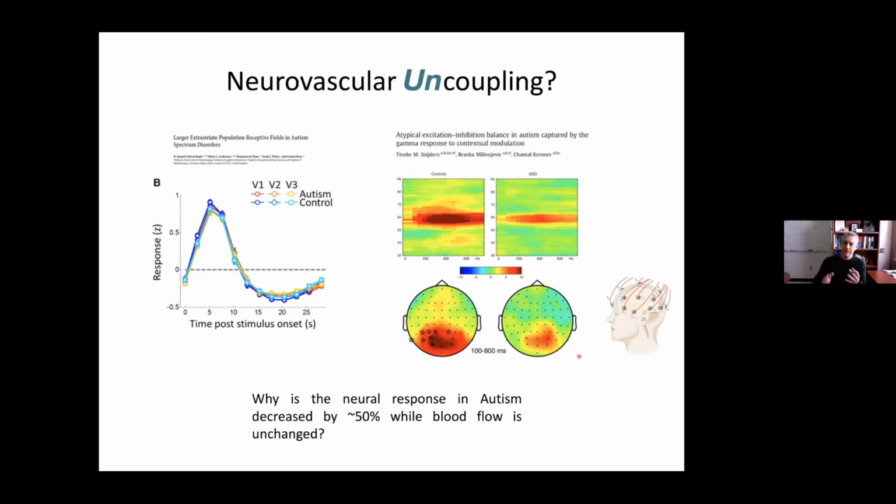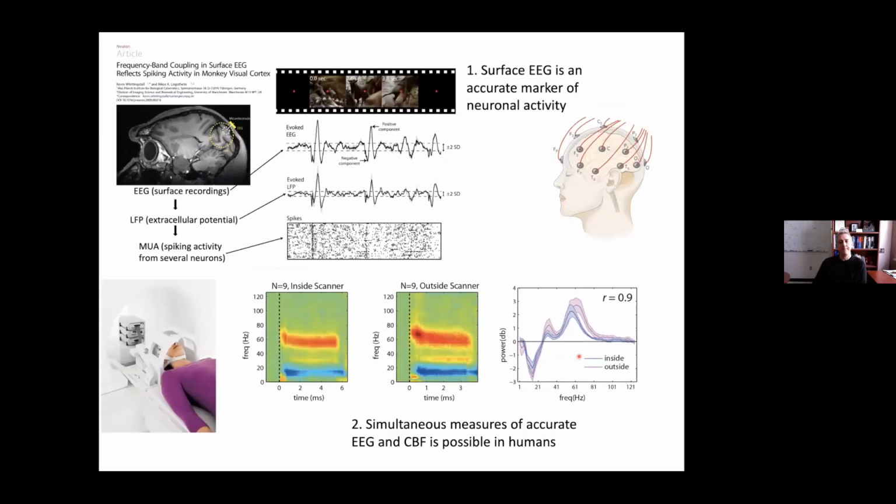And so why is that? Why is it that in EEG, you see a massive difference between the two, but in fMRI, you don't? And what's causing this difference? Which one is right? Which one is wrong? So to answer this, the first thing we did is developed ways of recording EEG and fMRI at the same time. So the first thing we did during my postdoc training is we conducted some of the first simultaneous surface EEG and intracranial recordings in alert primates doing various behavioral tasks.